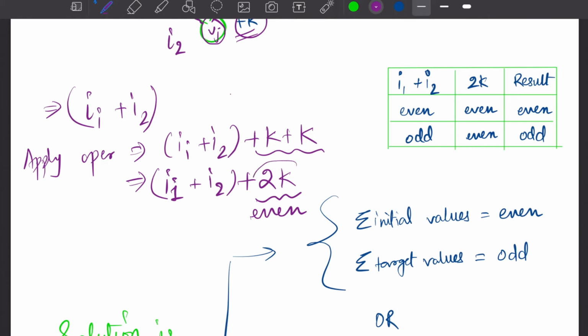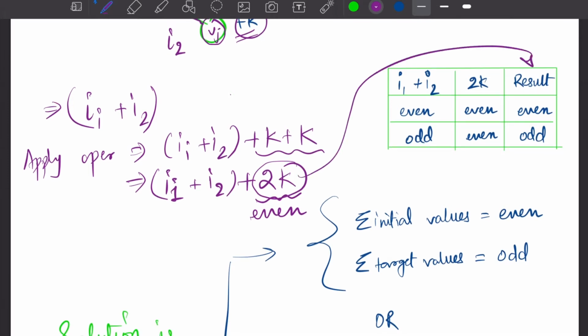So this value in total is always even. So can we derive some result based on this? Yes. So let's see. This is the resultant. There are 2 possible values of I1 and I1 plus I2. What are those? This sum can be either even or odd, and this 2k will always